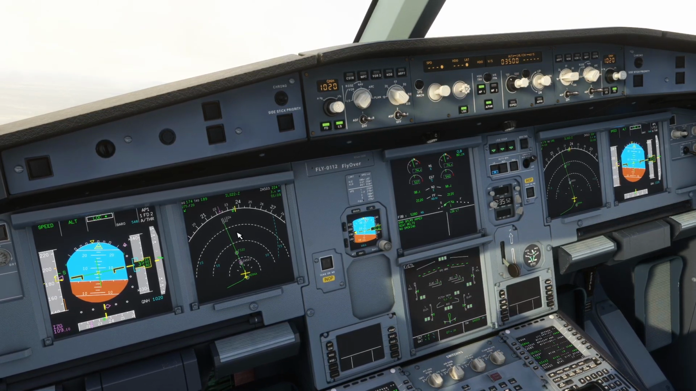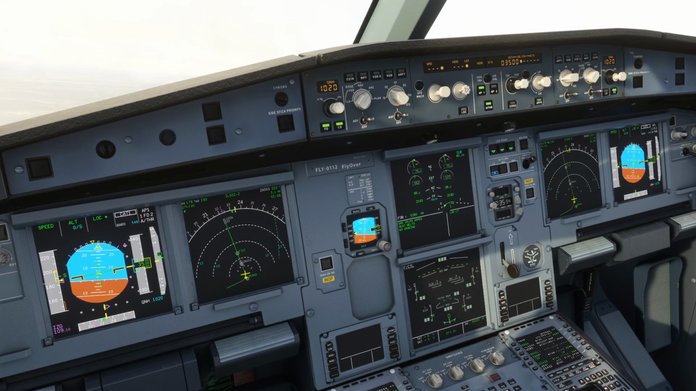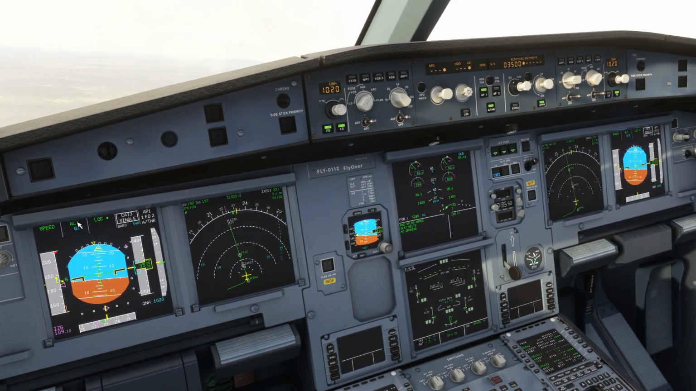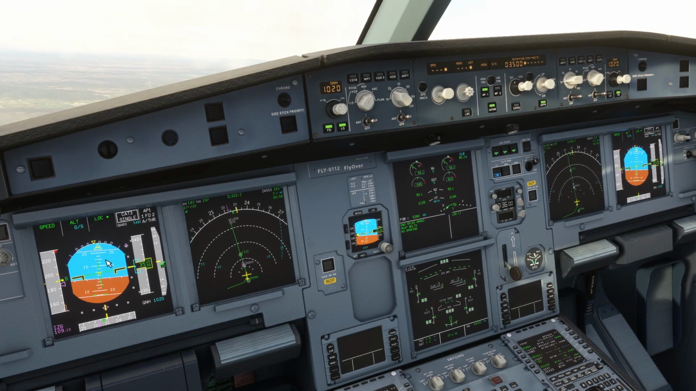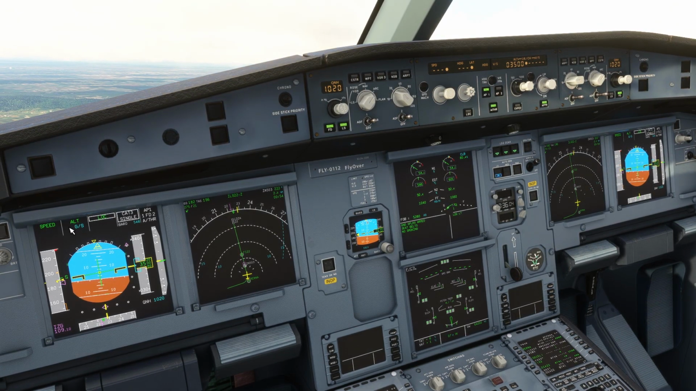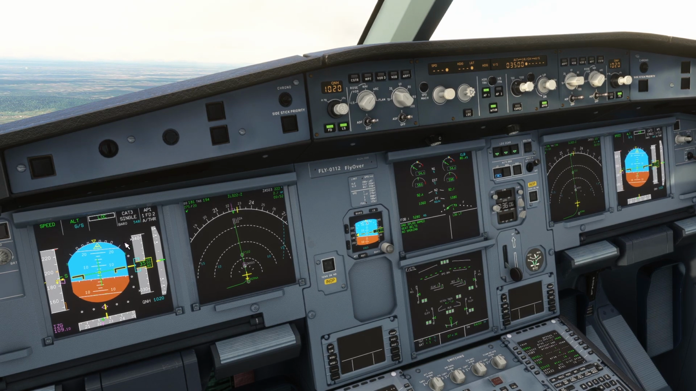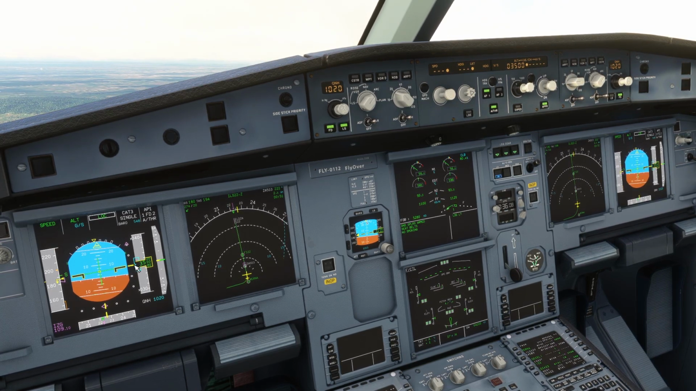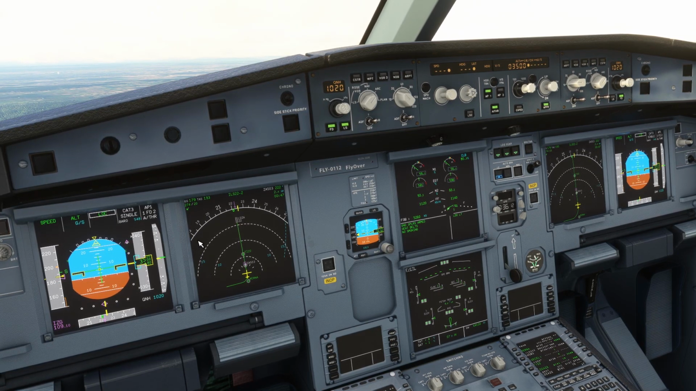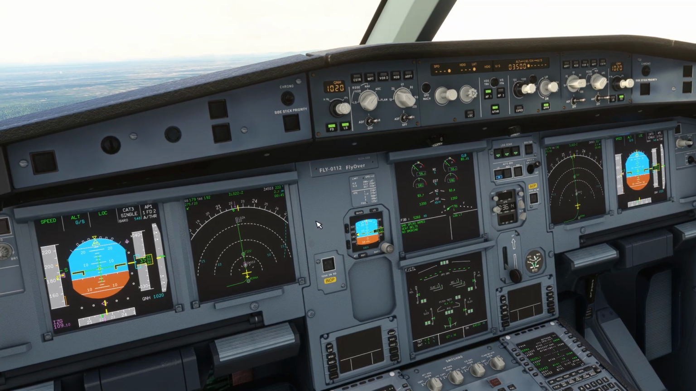And also what we can do is arm the approach. So now we have glide slope armed. It's not yet captured because the diamond is still up, but it is armed. And as soon as this diamond comes to the middle point, it will start descending with the glide slope. So what we can do now,